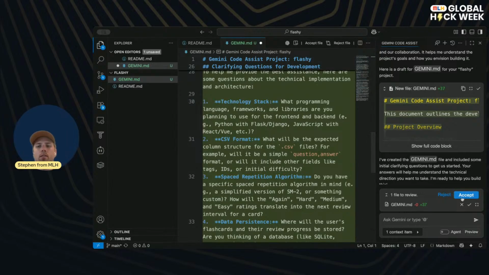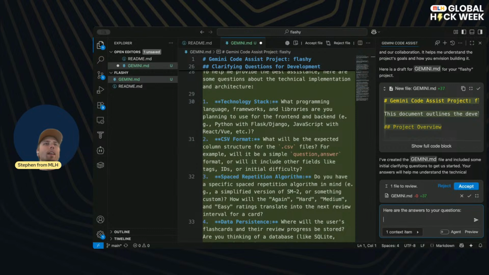And I'm going to try and answer these questions. So the first question is technologies: what programming language and frameworks? So I'm going to say, here are the answers to your questions. Okay, I'm going to start with 1. Technology stack. What programming language, frameworks, and libraries are you planning to use for the front end and back end? I'm going to say